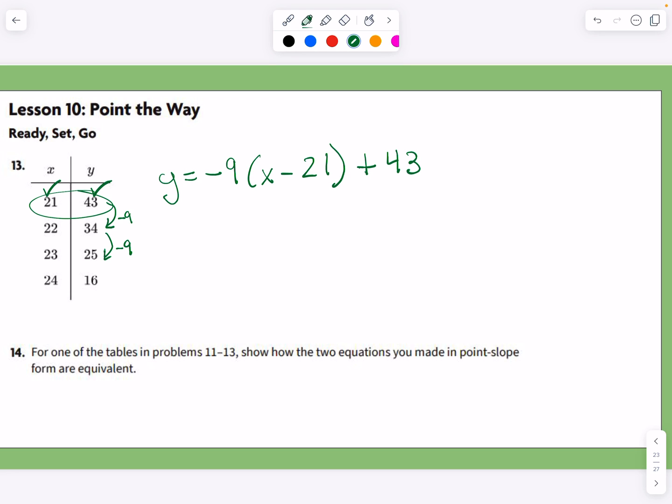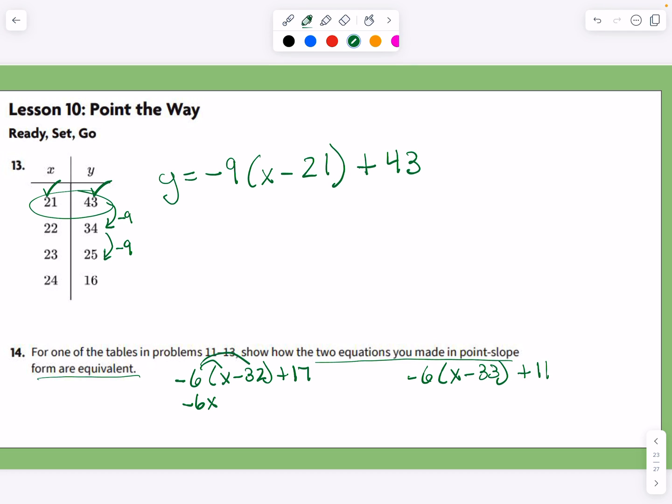For one of the tables in problems 11 to 13, show how the 2 equations you made in point slope form are equivalent. So the idea here is to take one of your problems and show how they're equivalent. So let's say I did the very first one where I had -6 times x minus 32 plus 17. And my other point that was there, which I didn't do on mine, you could have said -6 times x minus 33 plus 11. To show they're equivalent, what I could do is distribute the -6